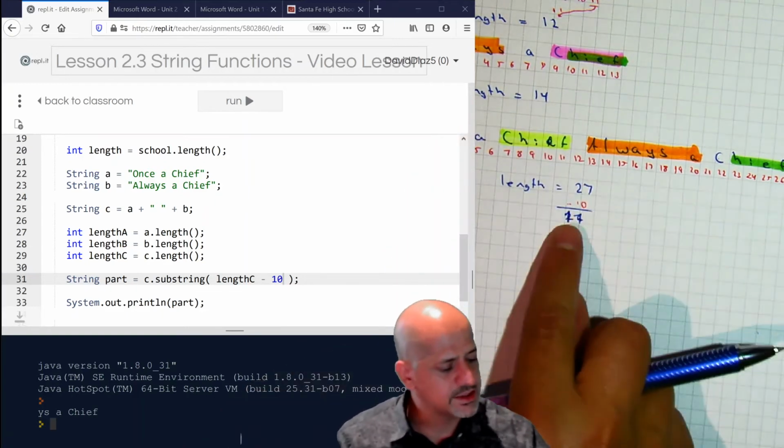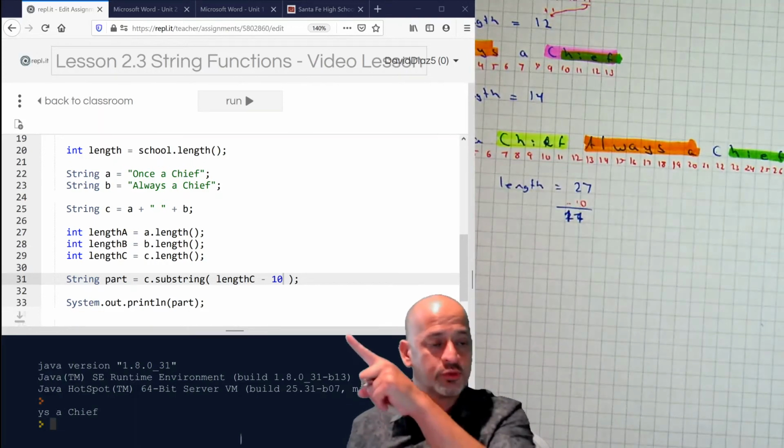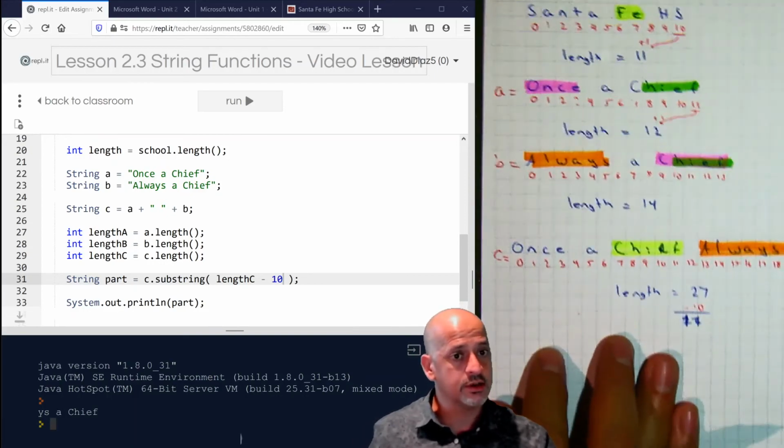So 27 minus 10 is 17, so therefore it starts at 17. So therefore, this works really, really well. Another way that works well in the context of just using